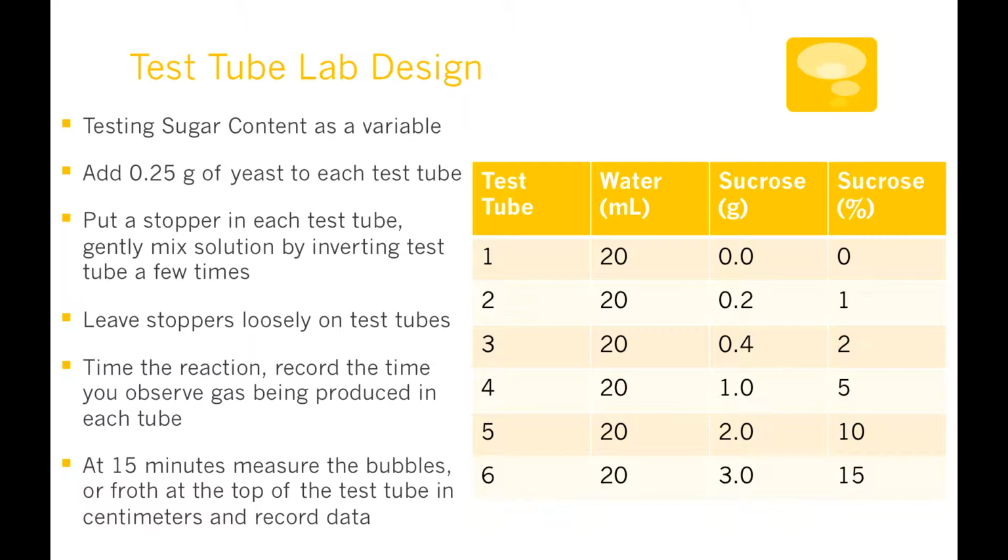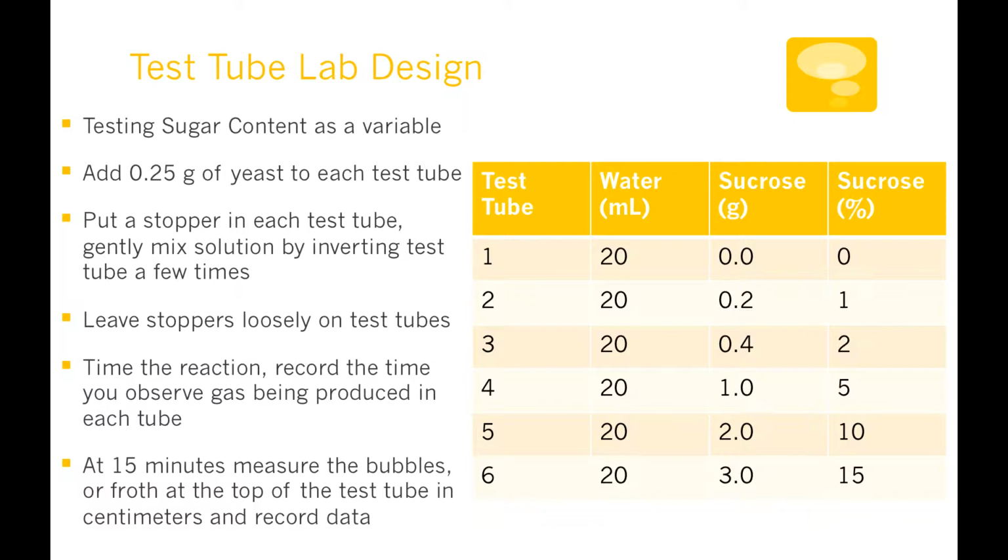We're keeping our yeast constant, and we have a control in test tube 1. A control is to ensure that there's no other variables being tested in the experiment. So if we just mix yeast and water, there should be no CO2 production. Once you've put 25 grams of yeast in each test tube, or 0.25 grams of yeast in each test tube,